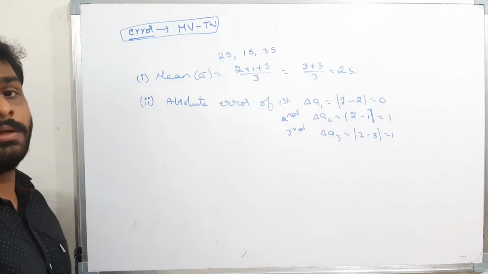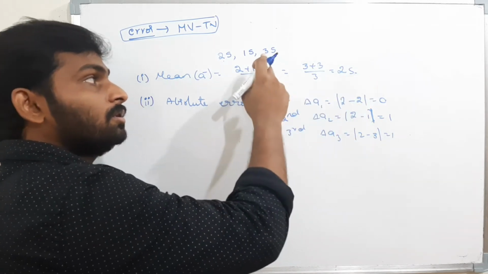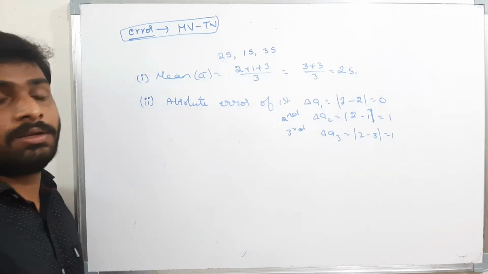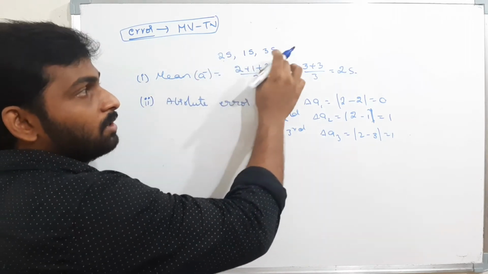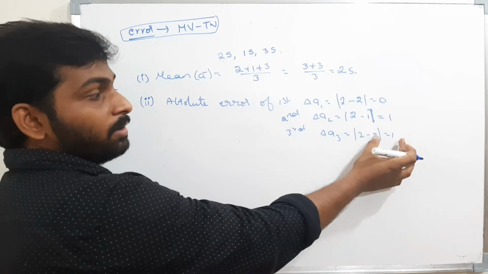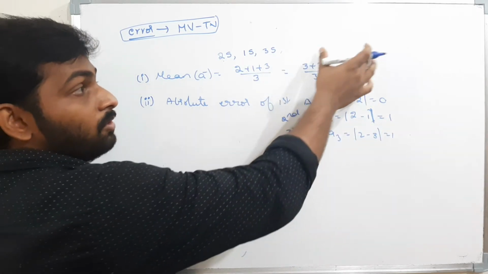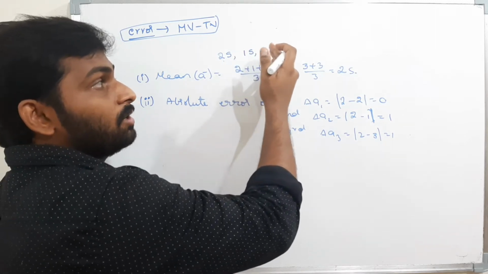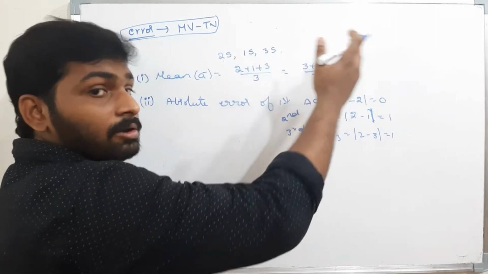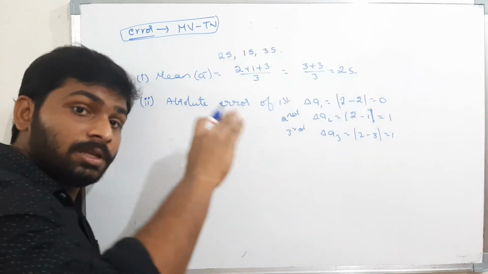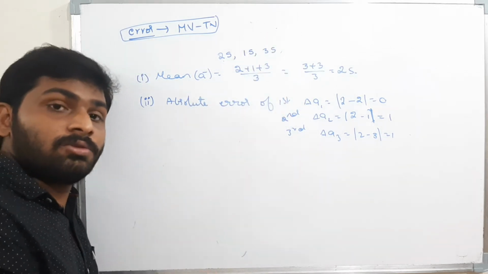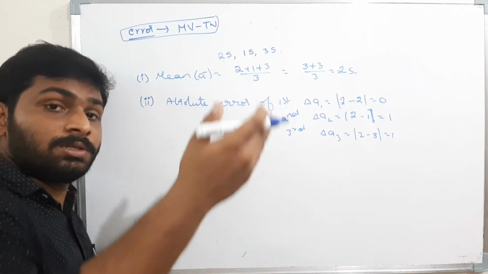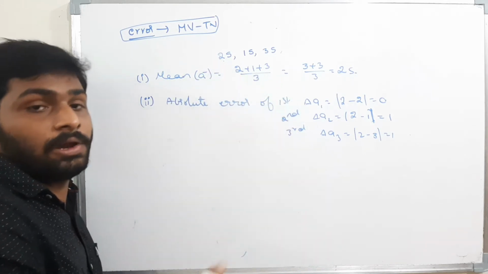reading. The more the number of times you do the experiment, the lesser will be the error. That means here, now I am doing 3 times. If I do 6 times, the error will be further decreased. If I do 9 times, the error will be again decreased. That means the more the number of readings you take to find the measured value, the true value, the lesser will be the error. That is the reason in your school days you do the experiment 3 or 4 times and you take the average. If you do 3 or 4 times, the error you are getting will be the least value.